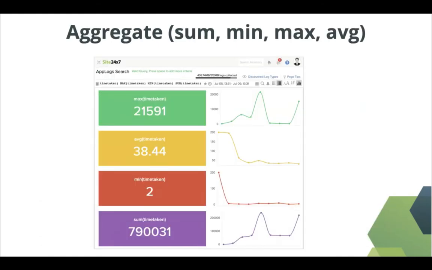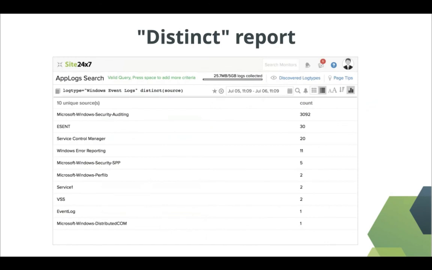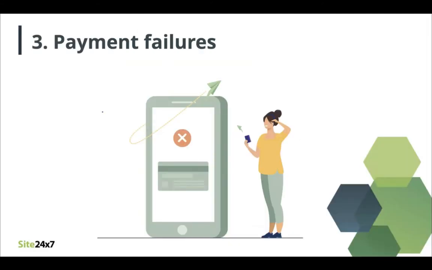And then this is an aggregate report, and the results will appear as widgets and also charts in parallel. And a distinct report will give you distinct results. So that's it with this query language. You have a few more to explore. You can try the tool by yourself and explore the different types of charts and reports that we provide for different search queries. Next, we'll move to another use case now.